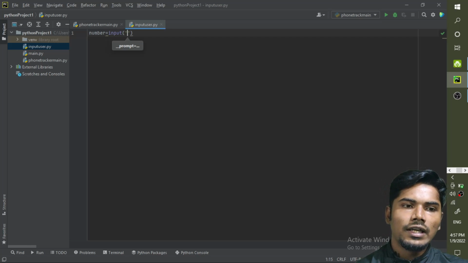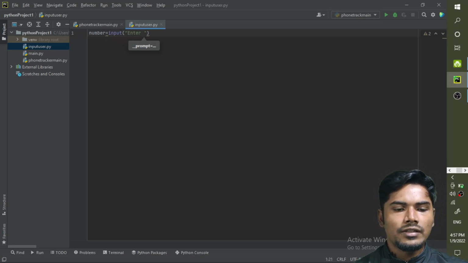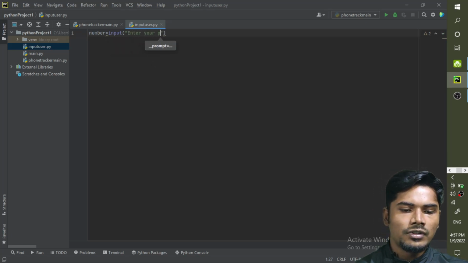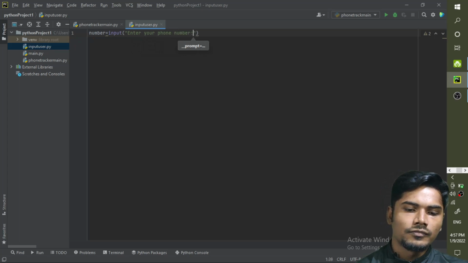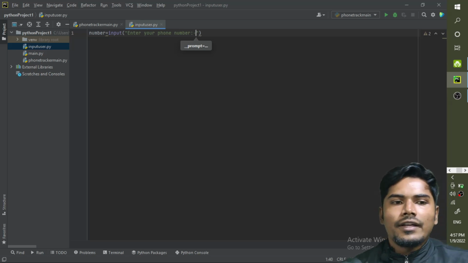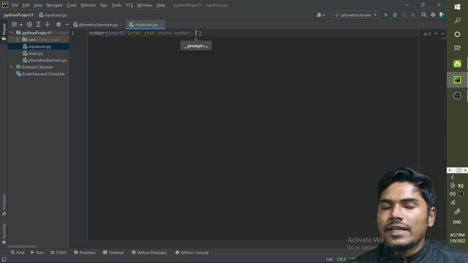In the function I will pass a string like "enter your phone number". This statement means that you are able to get the information from the user.